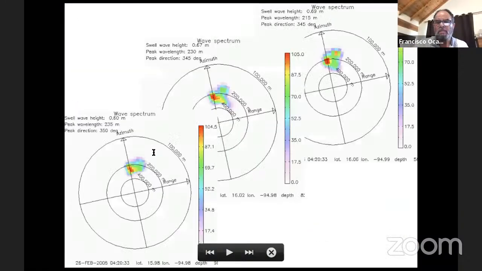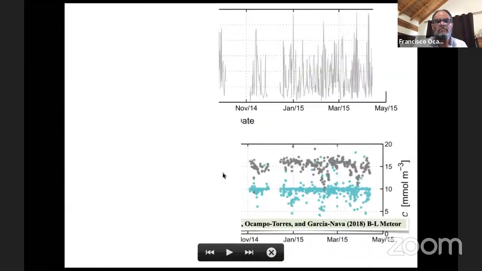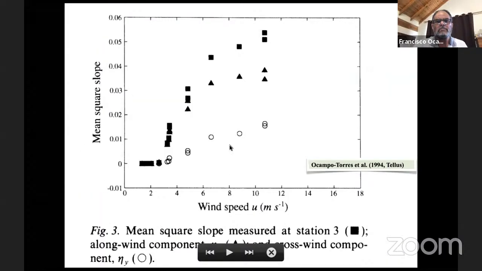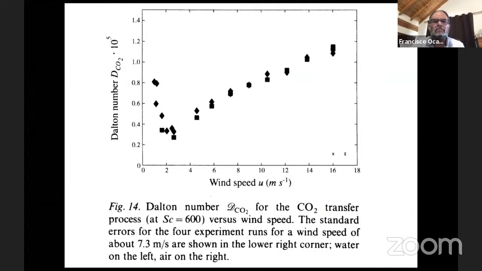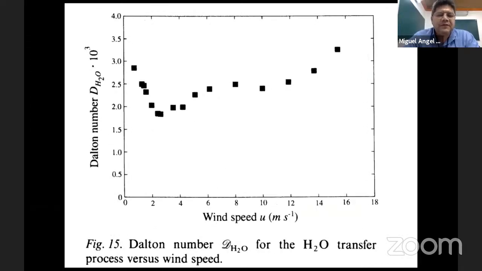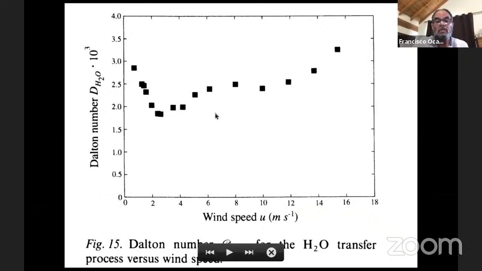Yes, I'll show the picture again. So this is for CO2. Yes, and then in the second one, there is this kind of oscillatory behavior that looks quite interesting. It is quite important because we noticed that this increase occurs suddenly for winds higher than 3 meters per second, right? But then in the wave tank with 3, 4, 5, or 6 meters per second, the waves start to break, right? And then for wind speed conditions between 6 and 12, there was